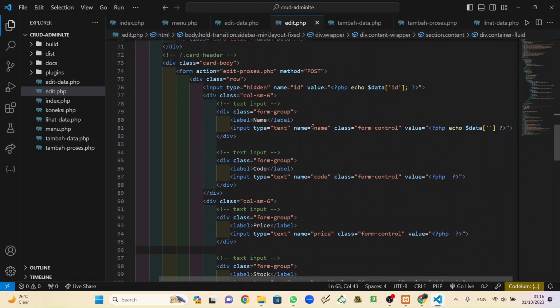So the first one is name. So the value, data, all we need from the database is nama barang.